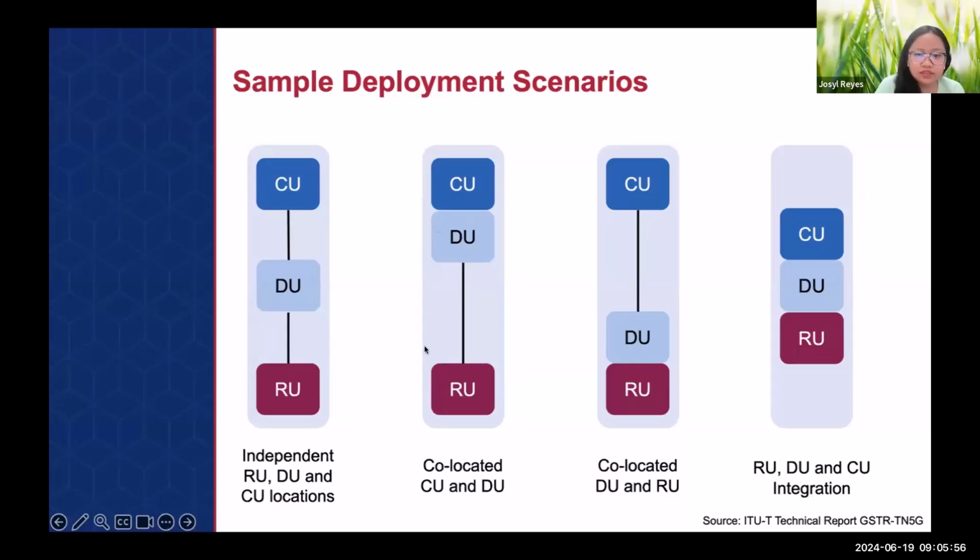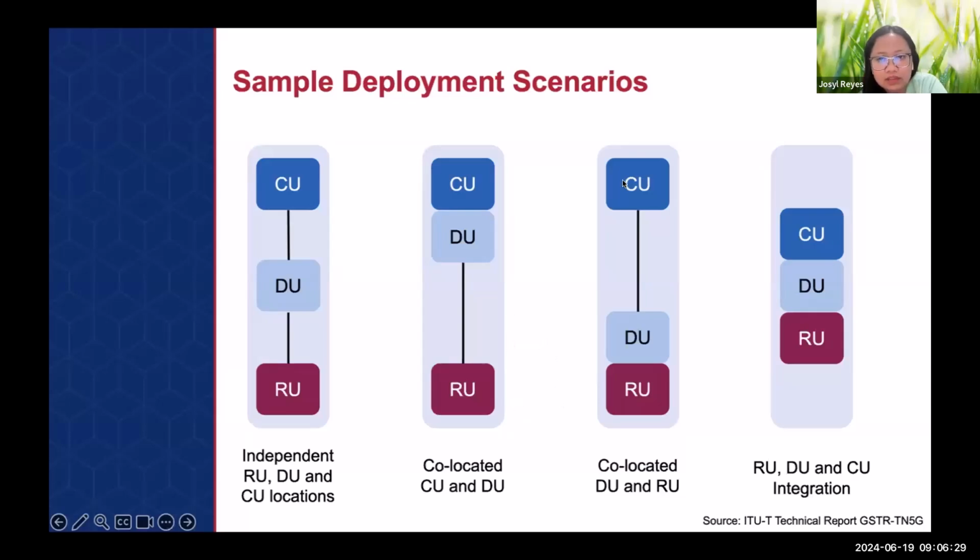And then here on the second one, we have a co-located CU and DU, and then we have the RU separated from the two. So the important interface here would be the front-haul interface, ensuring that the DU and RU are connected. This may be good for cases wherein you have a powerful device that can handle a lot of the CU and DU functionalities, and can also handle multiple RUs. You can have connections to many more RUs here.